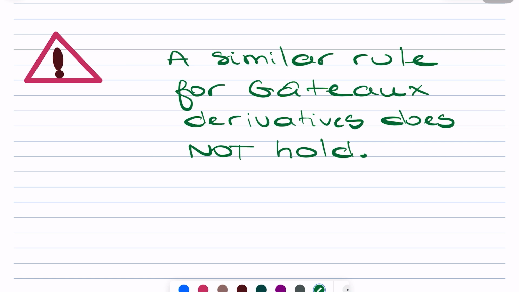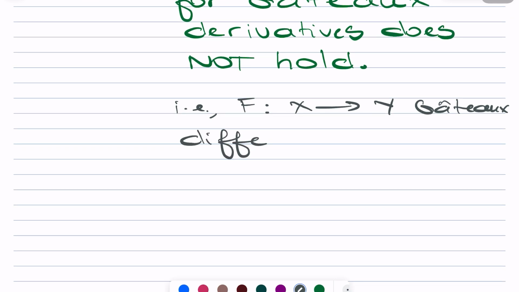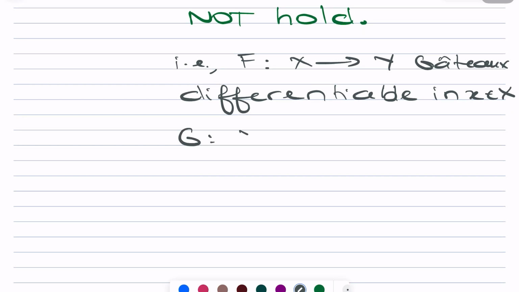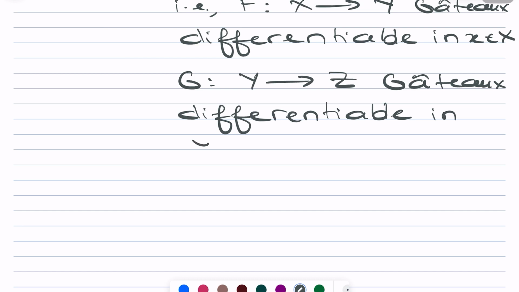If you have a function f defined from X into Y, Gâteaux differentiable in x, capital X, and you have the function g defined from Y into Z, also Gâteaux differentiable in y equal f of x, an element of capital Y, then